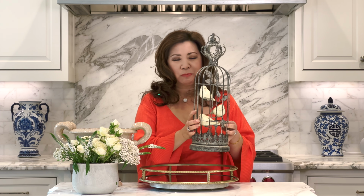I'm going to show you using a lot of greenery, not a lot of floral materials. You can have a really spectacular arrangement for your home. Now, this birdcage I bought from Hobby Lobby, and it was about $30, half off. Hobby Lobby, you never buy anything at full price, right? And I have not